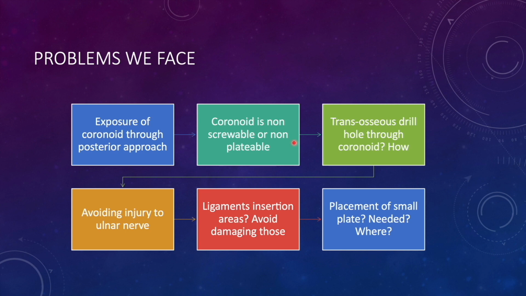The sutures can be Ethibond, or you can use the fiber wire because that is easier to pass through those holes. Then the problem is how to create those transosseous drill holes through the coronoid, and how to avoid injury to the ulnar nerve, and what are the main insertion points of the coronoid, and how to place a small plate for stabilization of the metaphyseal extension of the coronoid that we have seen in the previous image. These points will be discussed in a separate video because that video will contain graphic images and you will need to sign in